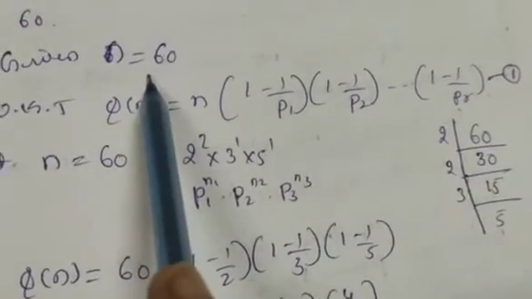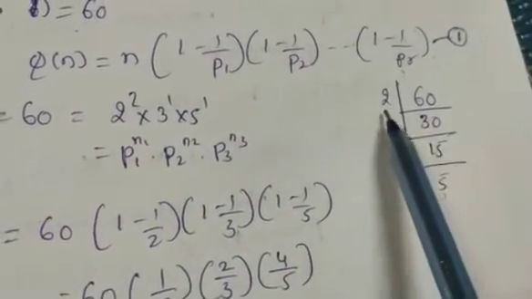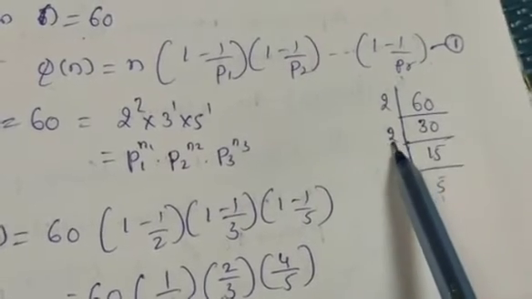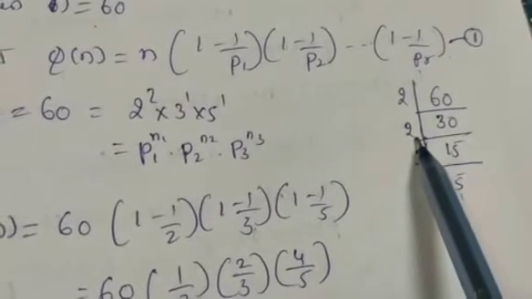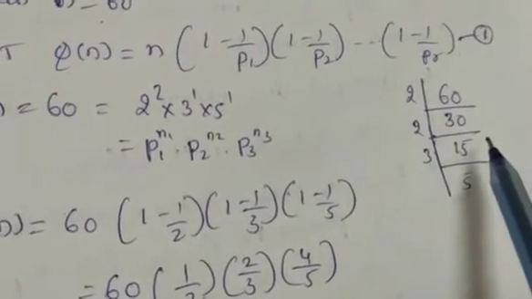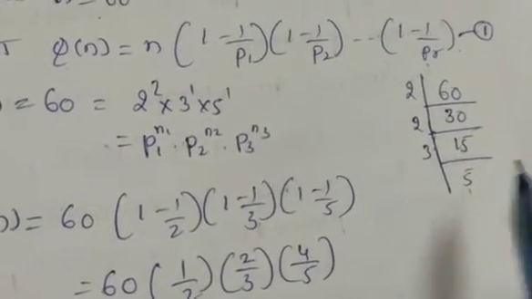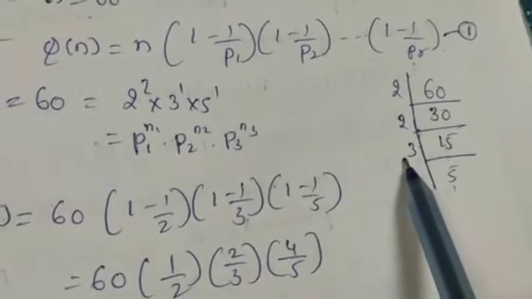So here you have to express 60 in terms of prime factors. First you have to divide 60 by 2. So 2 3s are 6 and 0 as it is. Again you have to divide it by 2 only. You have to stop only when it is not possible to divide by 2. After that we can go for the next prime number, 3. Then for the next prime number 5, like this you have to go. So 30 divided by 2 is 15. Then the next prime number is 3.